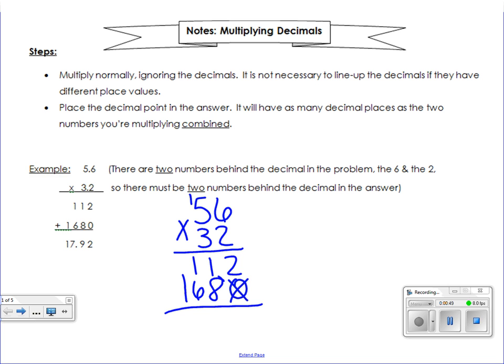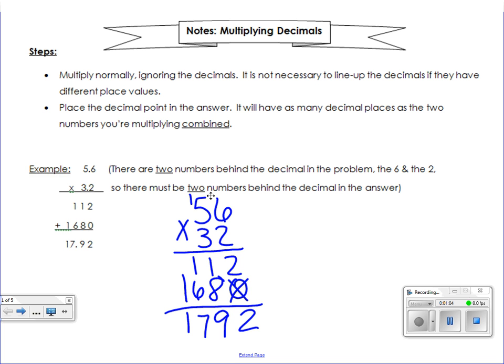Now I'm going to add. We have 2. 8 and 1 is 9. 6 and 1 is 7. And 1 is 1. But even though I just multiplied, I've got to really go back and remember I really